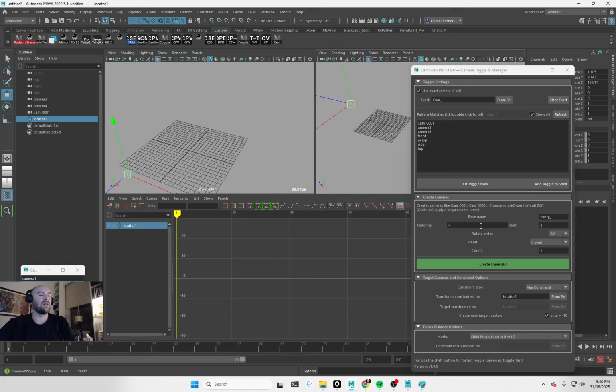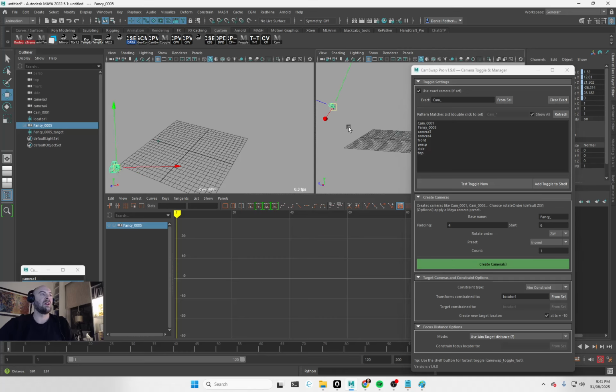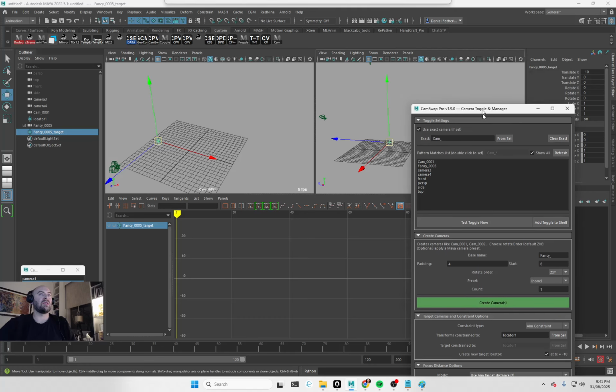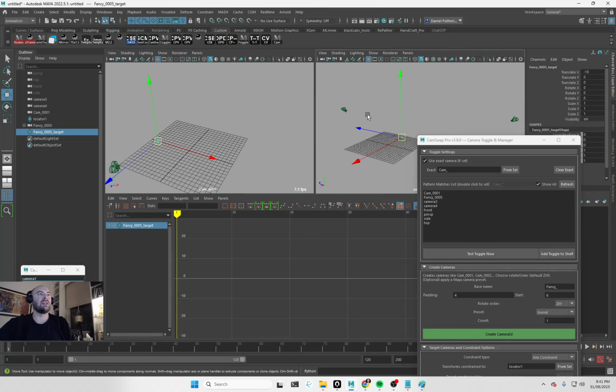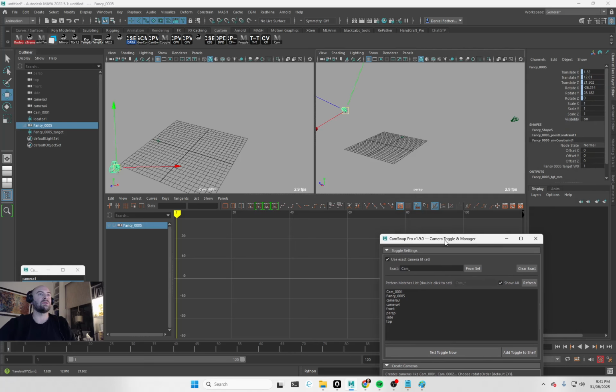That's going to be my thing that my camera is going to be connected to, and then I can do child focus. See, it's just basically got TZ 10, which means it's 10 units away from the camera, but you can use the target distance for that. So if I just go create camera now, that target that it's created for this, see that's at -10, and you'll notice that if I go to the actual